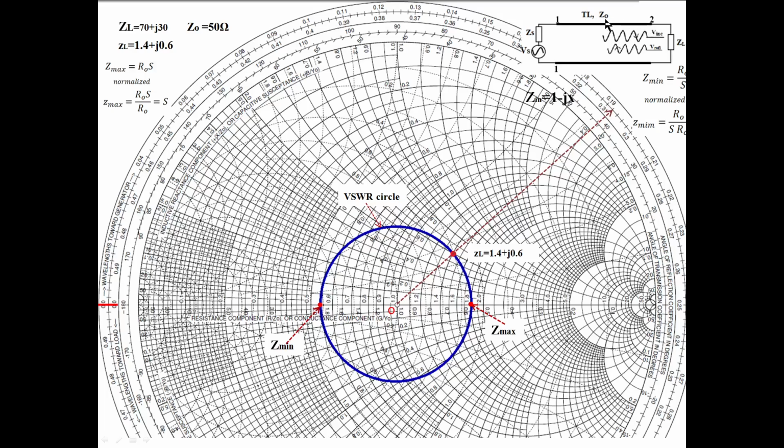Impedance changes. This value may be somewhere here. At what distance can we observe that impedance? The maxima distance we can find already. So if you stop here and measure the distance from here, we can find the maxima position. But what I want is where this impedance occurs on the transmission line, sorry, not the Smith chart. I can find it here.